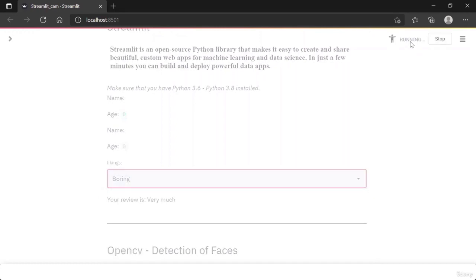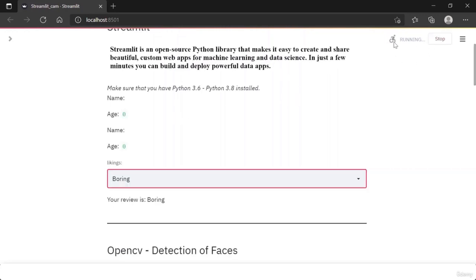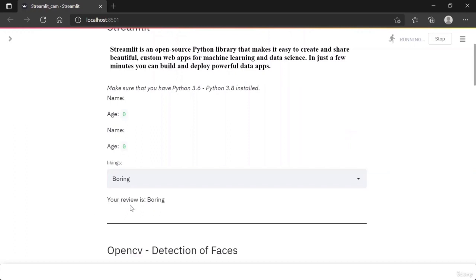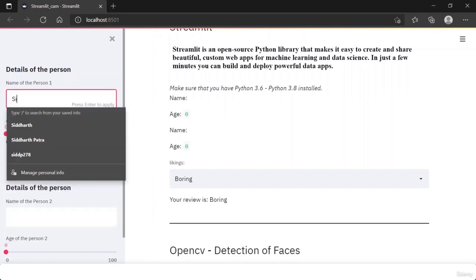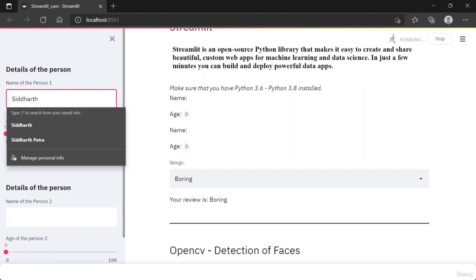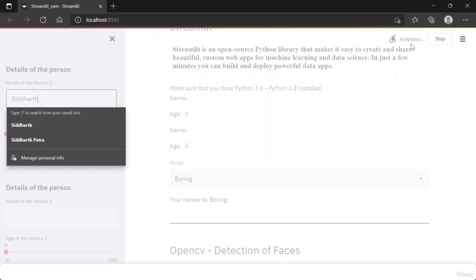See, it is running and the code runs. The problem is that the whole code runs, or I should say reruns, and each and every process that I defined in my Streamlit Python file is done again and again. So you can see that it's taking a lot of time, and now you can see that the output is shown here. Now let's say I'm talking about having the details of a person. I'm Siddharth, my age is 21. So I type in my name, and I press enter. Now see, it starts rerunning again.